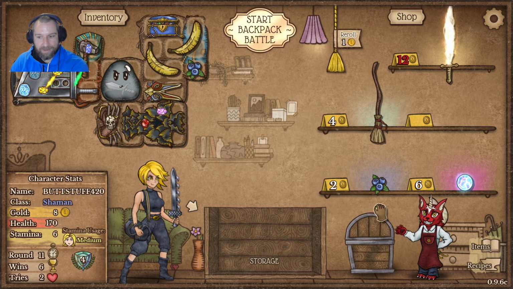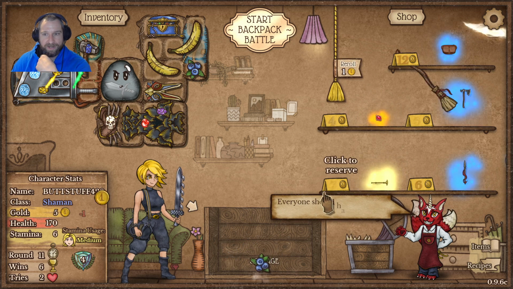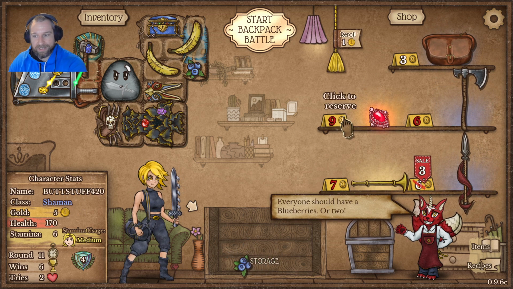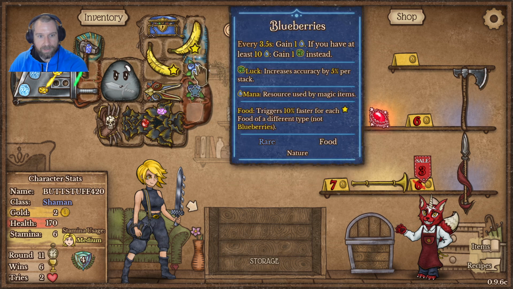All right, we can get the attack speed upgrades in here. I'm not opposed to picking up blueberries. It's a very small item that we can maybe get some usage out of. Got another bag, sure thing. And then